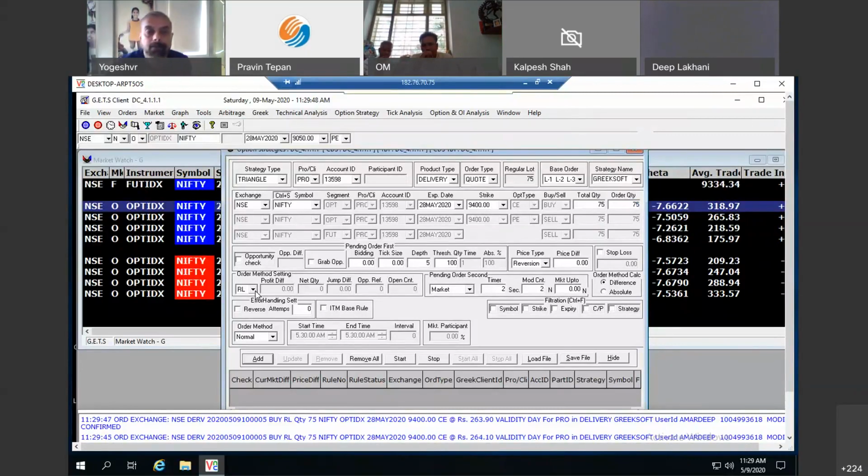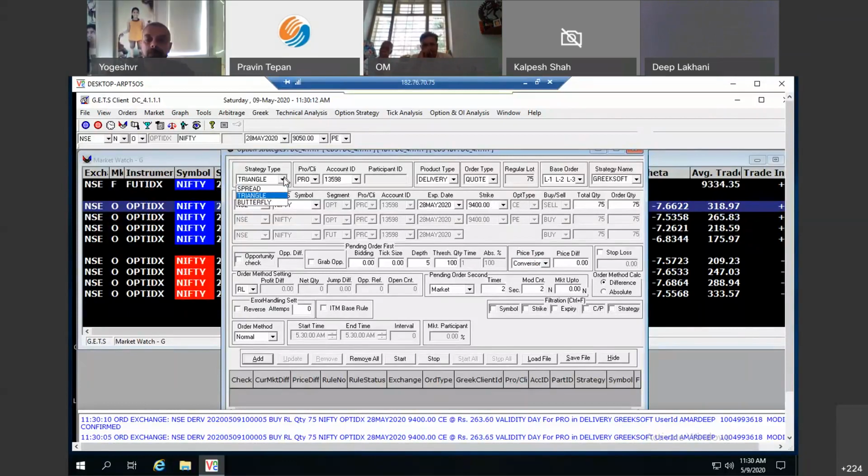Here again you will be able to do regular order, stop loss order, bracket order, leap and jump. So this was reversion. We can also do a conversion, which is exactly the opposite. Here we sell the call option and buy put and future. It is also called put call parity.